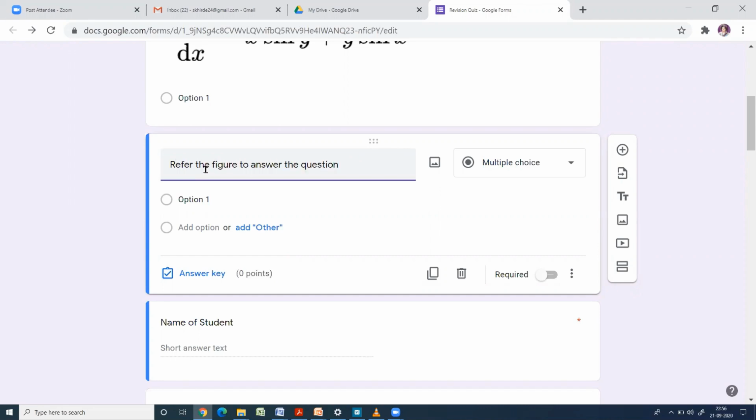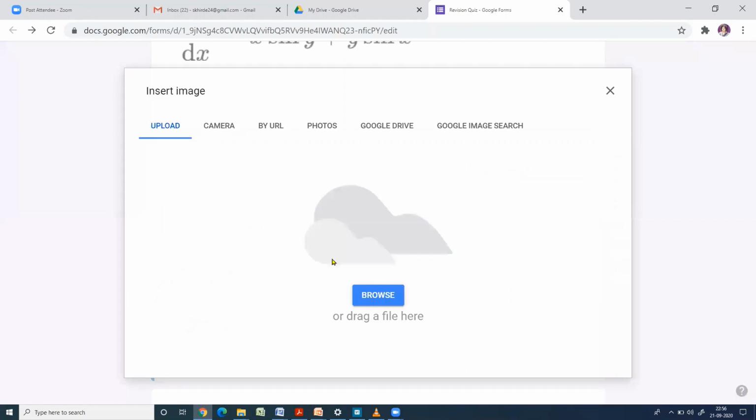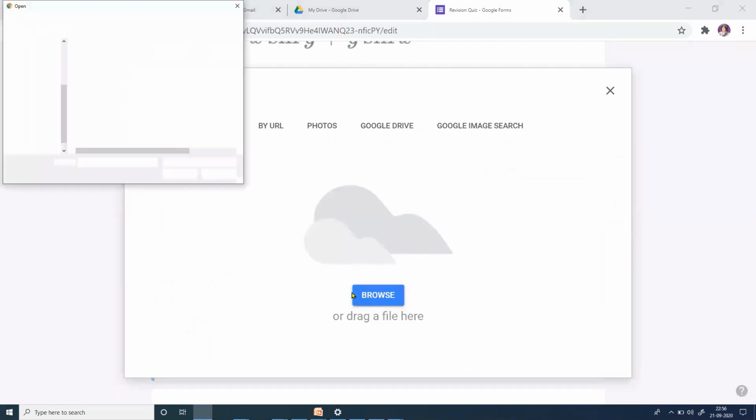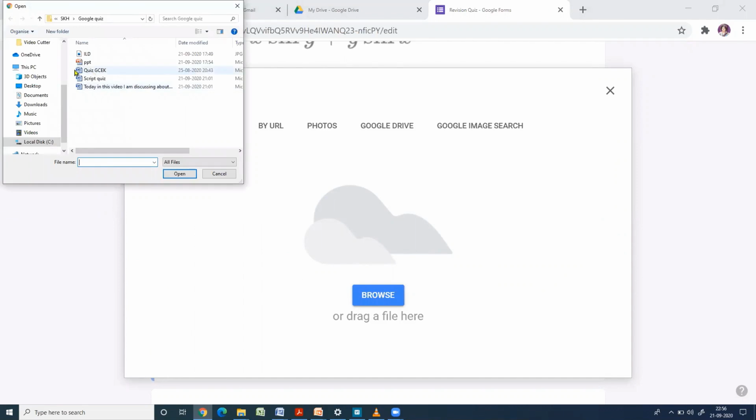And now I want to add one figure here to answer the question, and then I will give the options. So for that I will click on this symbol. So click here and then browse. Then select that figure where it is and then open.